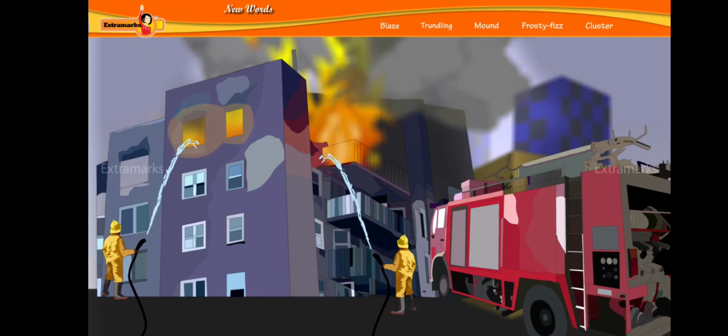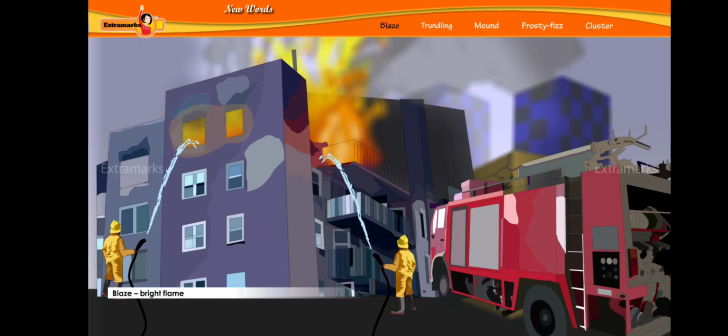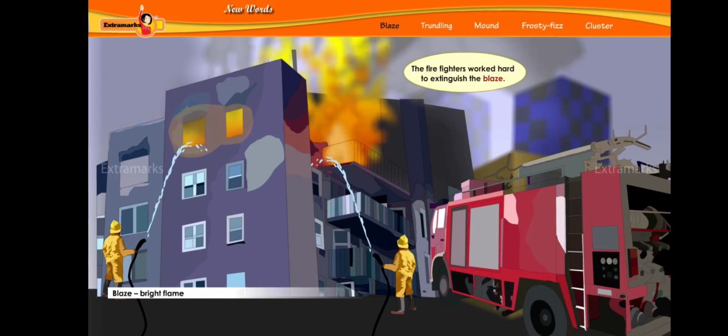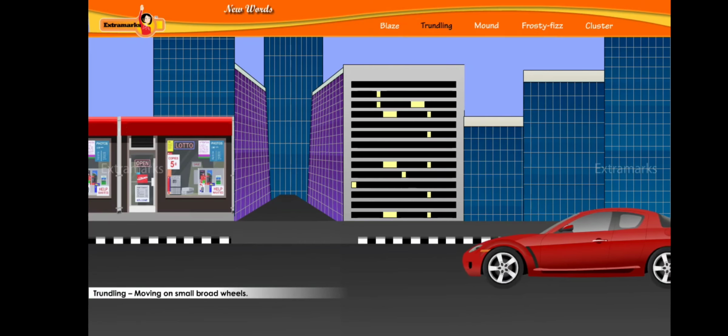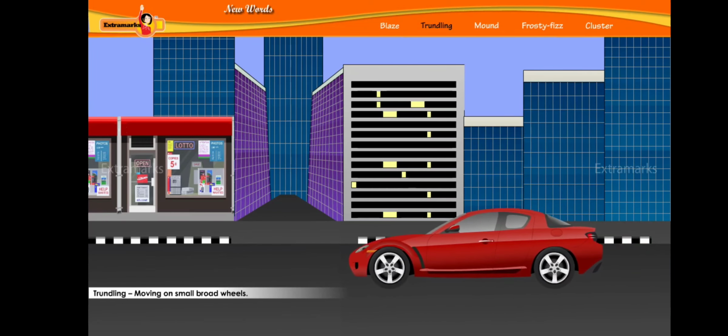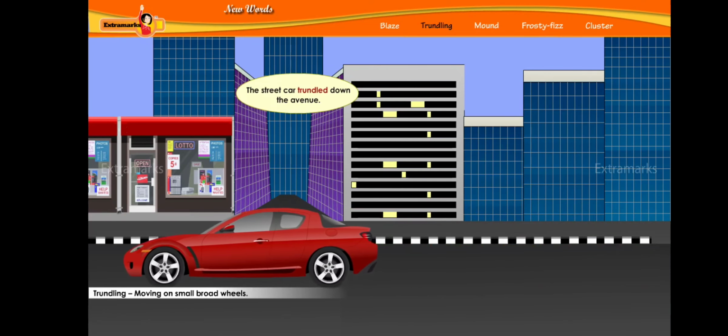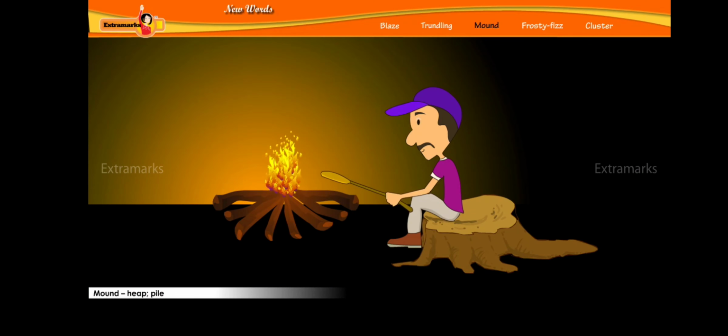New words. Blaze, bright flame. The firefighters worked hard to extinguish the blaze. Trundling, moving on small broad wheels. The streetcar trundled down the avenue. Mound, heap, pile. Shekhar mounded firewood